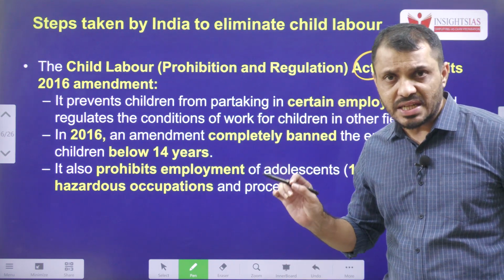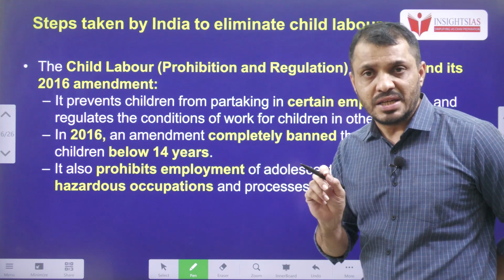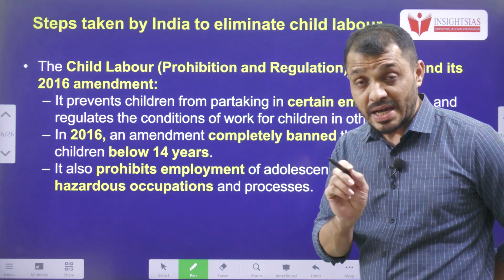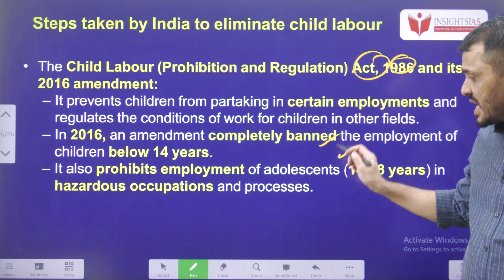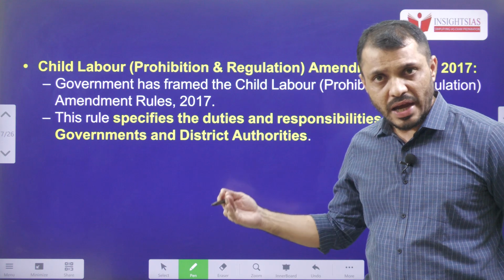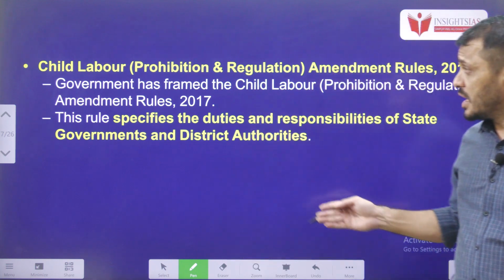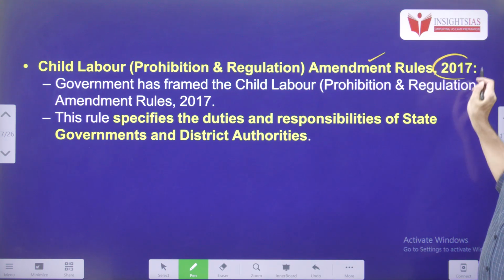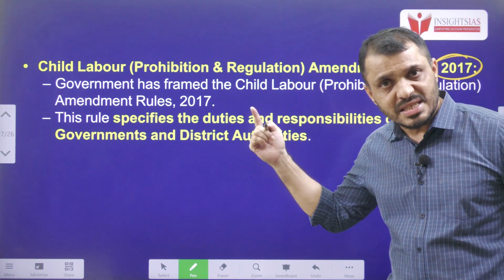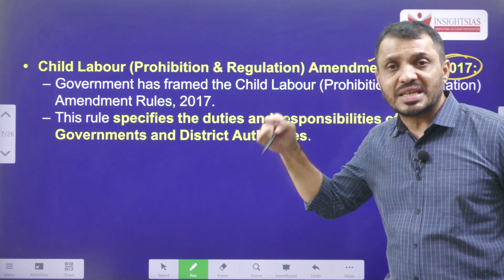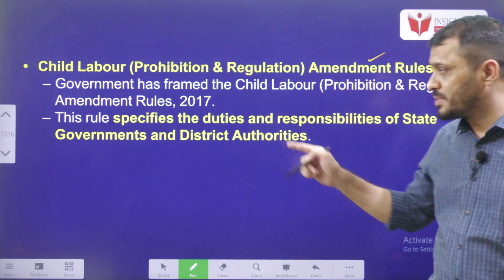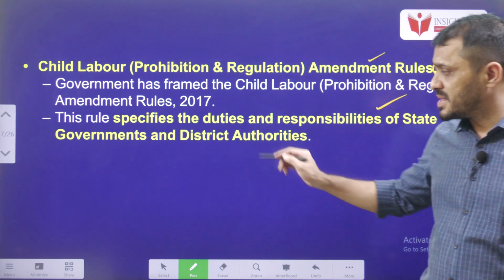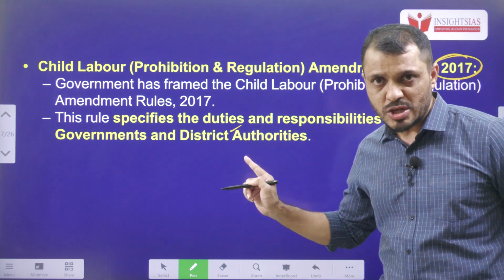According to the 2016 Act, children are not allowed to work even in non-hazardous activity, and adolescents are not allowed to work in hazardous activities. So it covered adolescents as well. The Child Labor Prohibition and Regulation Amendment Act 2017, that means the 2016 amendment, and to implement that act, regulations were made, and these regulations are going to be implemented by state governments and district authorities. They are responsible to implement these